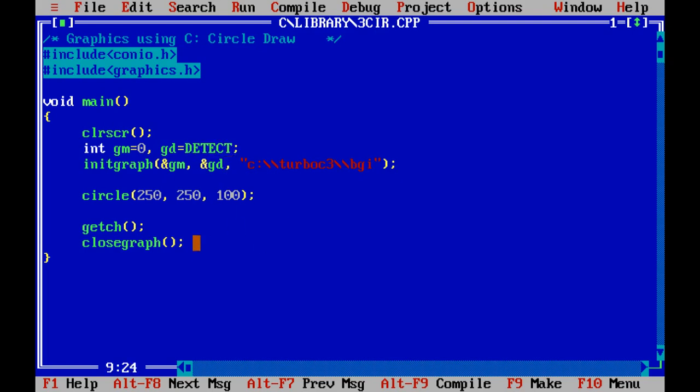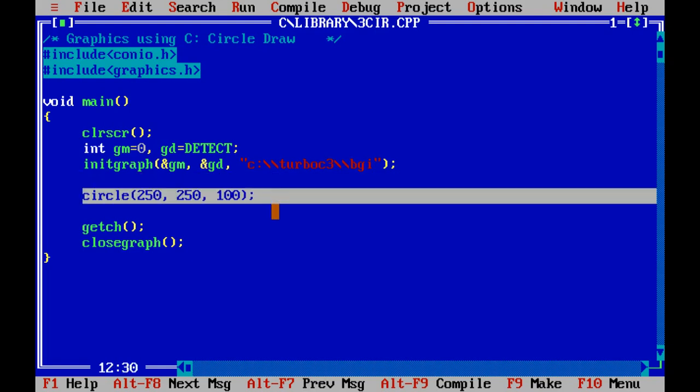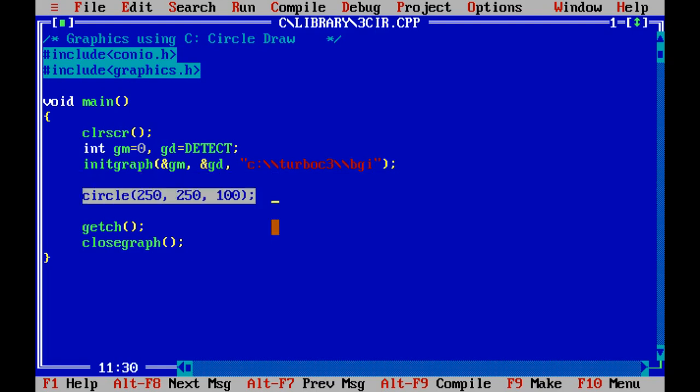Now I discuss the function circle. This circle function is a library function. This function can draw a circle. This function needs three parameters. The first two integers represent the center of the circle, and the third parameter represents the radius of the circle.